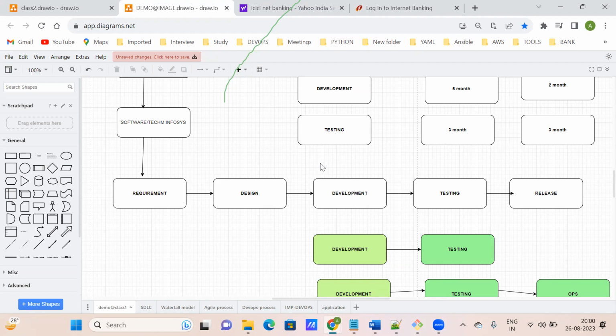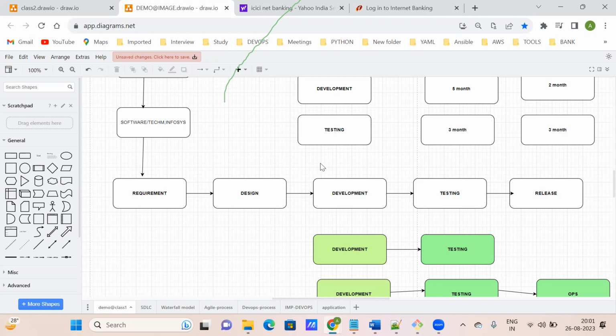So for setting this up, you need the manpower and the money. Sometimes if your PC crashed, your hard disk crashed, or your RAM got corrupted, again you have to put in some money to correct it, and it is a waste of time. Again, same process, whatever the waterfall model is saying, the same way it will take time to release your project. Because of this issue, we are going for DevOps to learn operation or infrastructure.